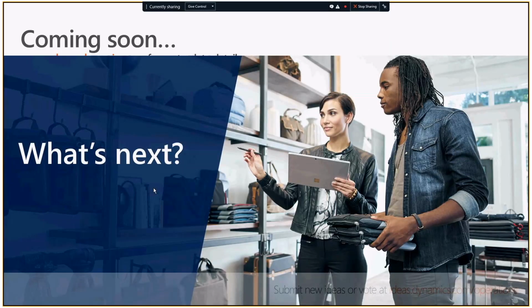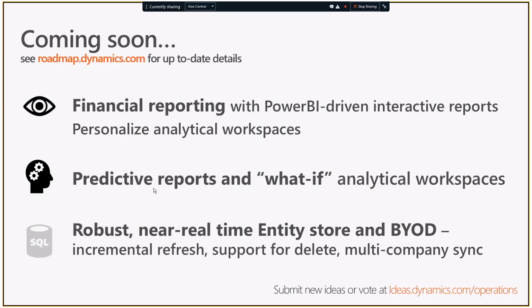Sweet. So I got a couple of minutes. I just wanted to quickly touch base on what we have today, but what we're going next is also just as exciting. Those familiar with AX will be happy to hear that we're